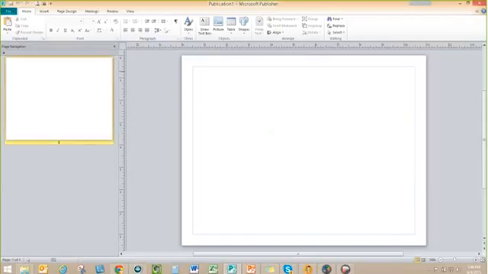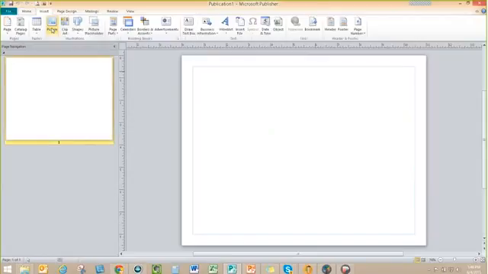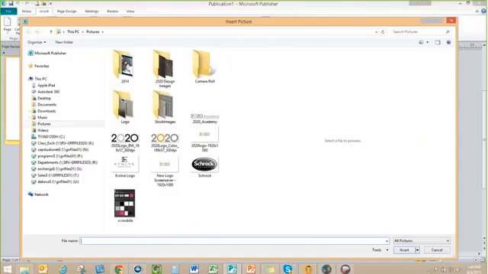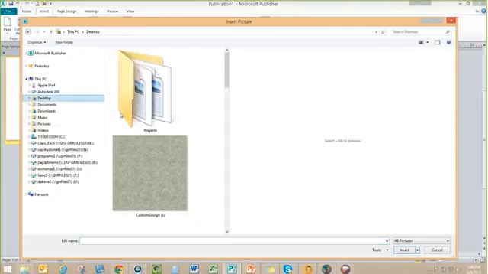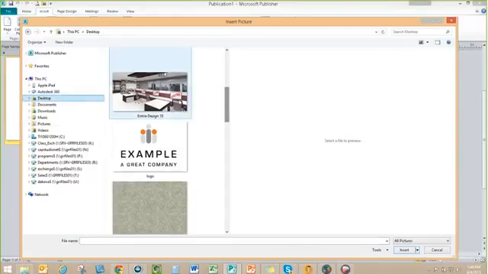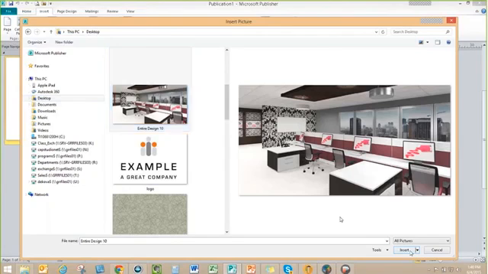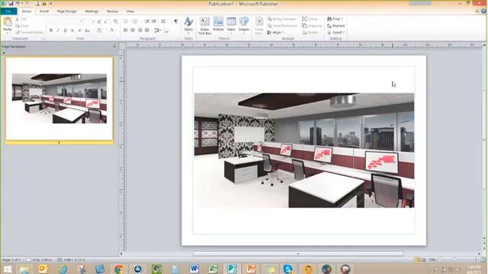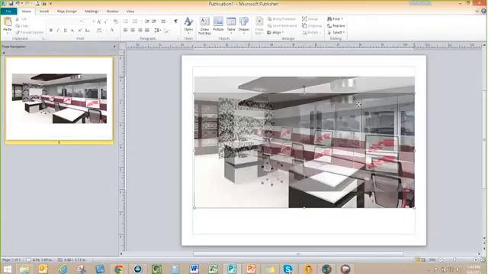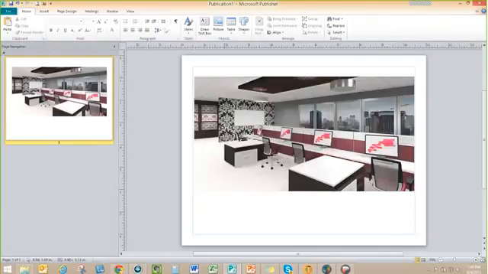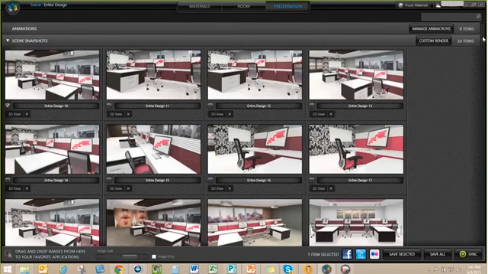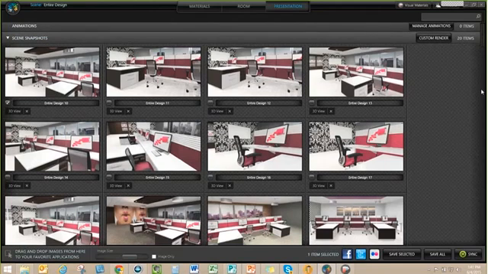Then I can insert the image that I just saved. I'll show you a couple different ways to reuse this. Where was that cool image? Here it is. Okay, so there's the image. What else would you do with that? Maybe you've got a couple of other images that you want to complement here. Maybe a couple of the finishes down at the bottom or some of the really unique things I had on the back wall. Well, I could go back into Visual Impression and save all of these images that I've used,